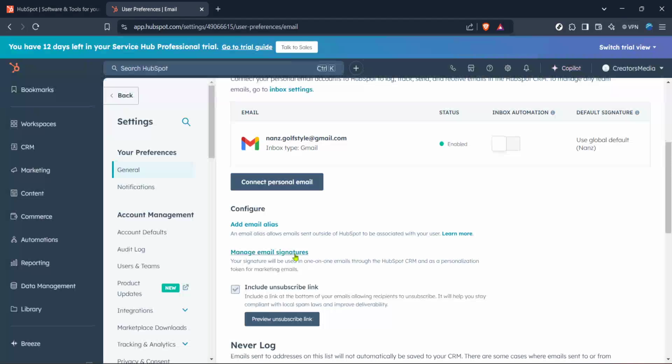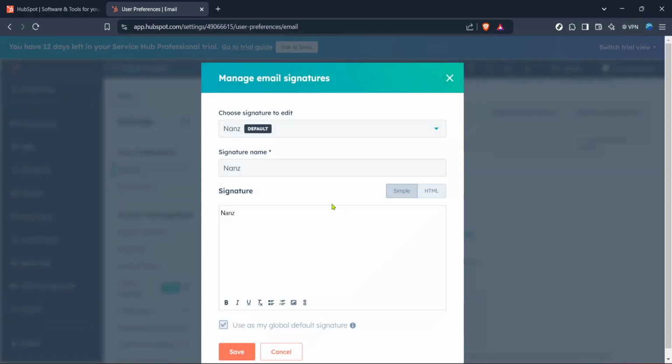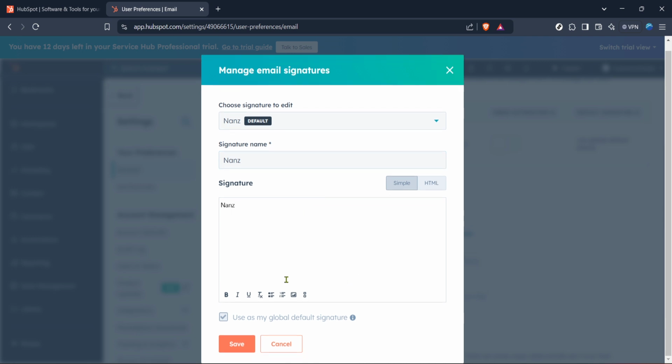If you have several email signatures, you can select which one to update, or alternatively, you can add a new signature by selecting the Create New Signature option. Once you've chosen the signature you want to adjust, a text box with formatting options will appear. Here you can customize to your heart's content, add your name, company information and contact details, and feel free to incorporate any graphics or social media links that best represent you and your brand.